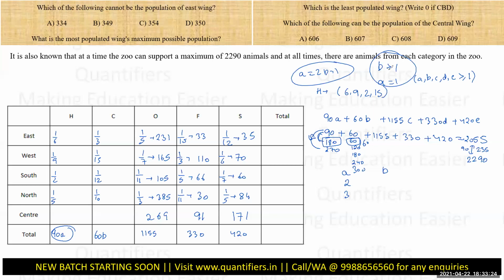If A is 1, if I'm putting B as 2, this will become 120. This will become 180. The increment here is 90. The increment here is 60. This can be accommodated. If I am putting B as 3, this will be 270. The increment is 180. This is not possible. So if B is greater than 1, A equal to 2 is the maximum value. A will remain less than or equal to 2. Okay. Now I have some ranges with me. Let's try and play with it and answer the questions.